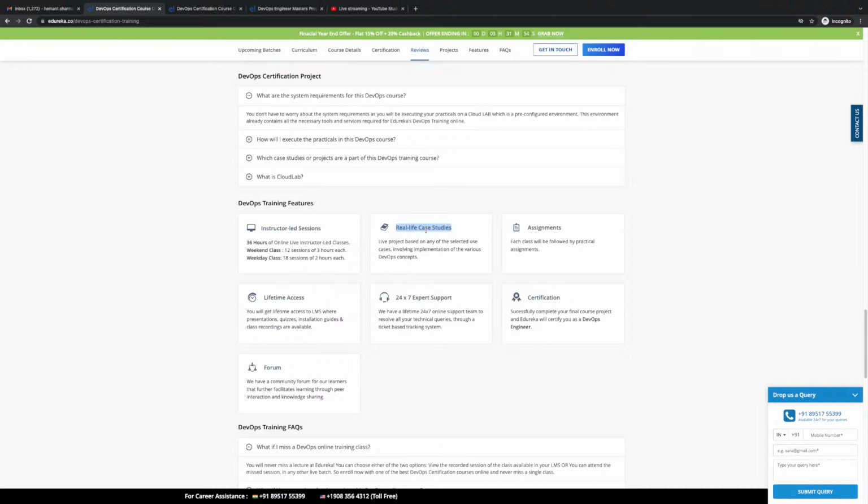Now, when you're solving these case studies, guys, and once you've solved them, you can also include them in your resume, because the number one question that people ask when you want to switch your domain is, do you have any experience in this domain, right? Now, how will you have experience in that domain if you have studied it and you're then starting to apply for jobs, right?